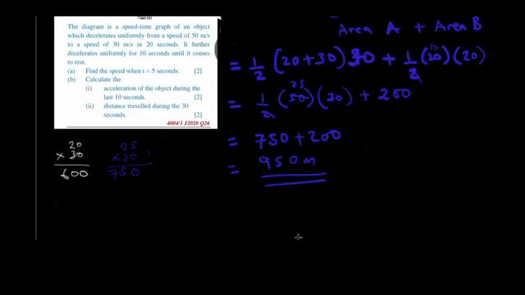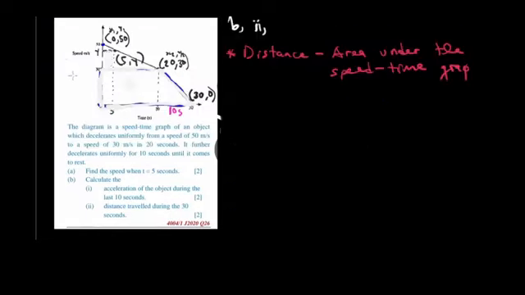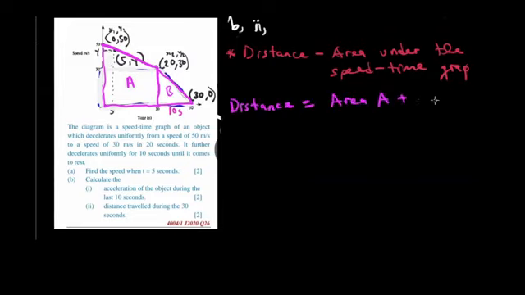Now we only subdivided it into 2 shapes. What if we subdivide our shape into 2 shapes, which are shape A and shape B? So our shape A is this trapezium, and this triangle is now our shape B. So calculating this, our distance again is going to be given by the summation of area A and area B. So area A plus area B. We seek to find the answer 950 to prove our point that you can subdivide the speed time graph into